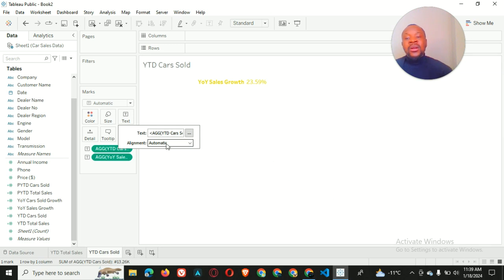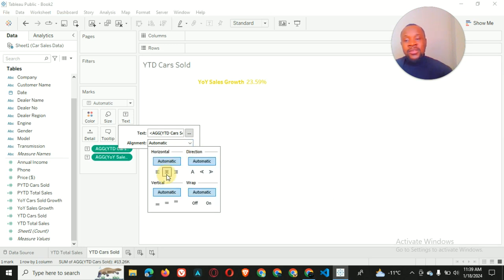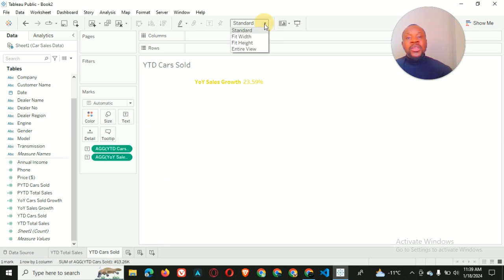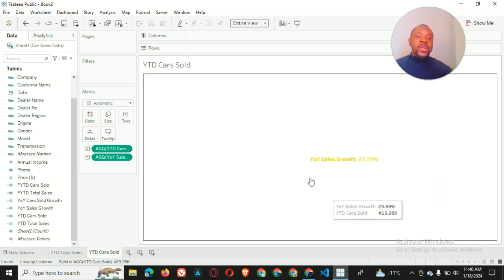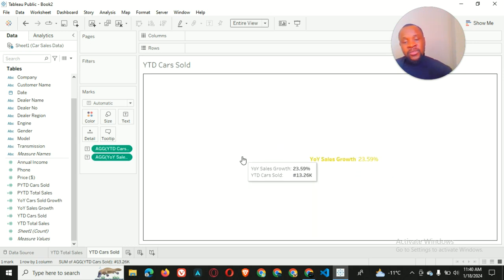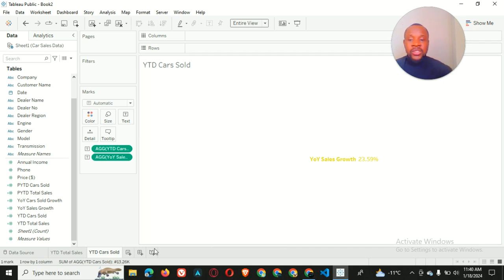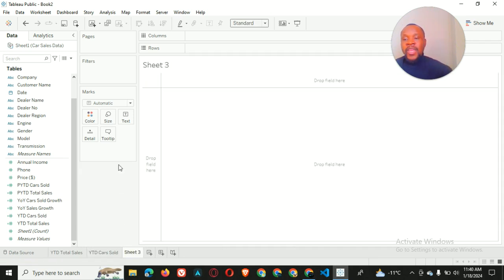So here we put it in the center, and then we select entire view. So when we select entire view, you can see the total cars sold in white color, so we cannot see it here, but we will see it later. So having done this, we go to sheet 3,